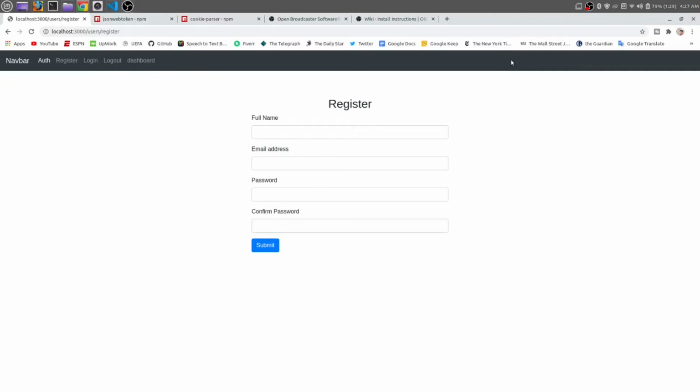Now we can register our user successfully. Next we are going to make the login system. This is the login button. We are going to send a JSON web token by using cookie parser as a cookie of a browser. So it will remain for some time, after that it will vanish automatically, or whenever someone logs out with the user, then the token will be destroyed.